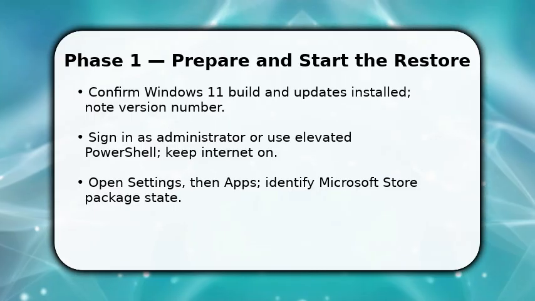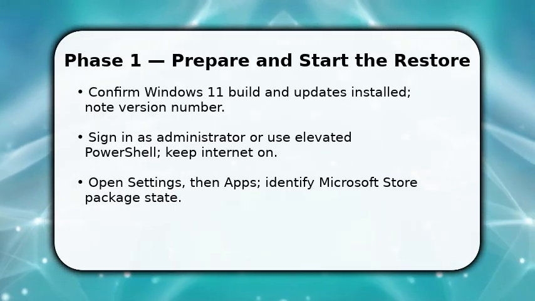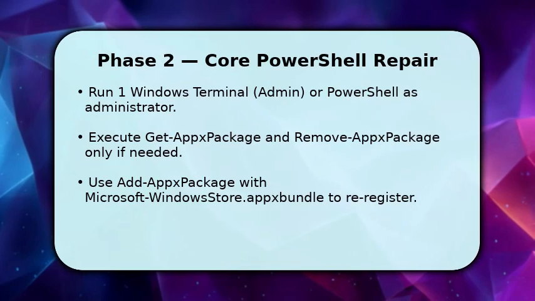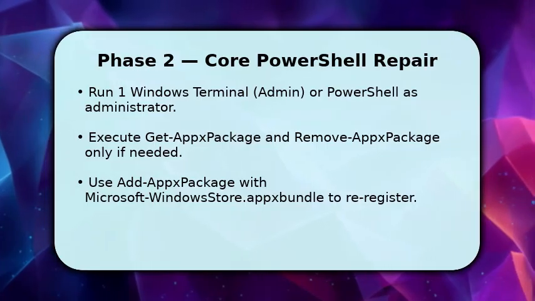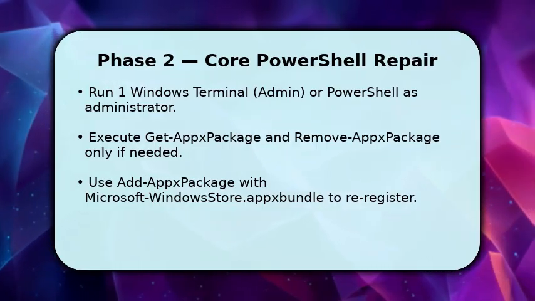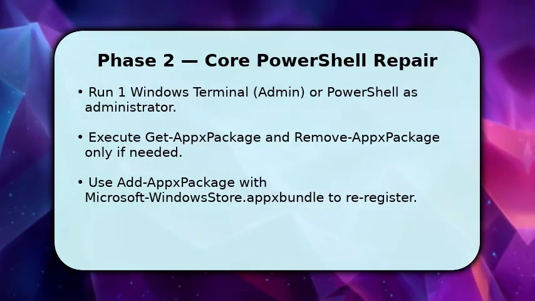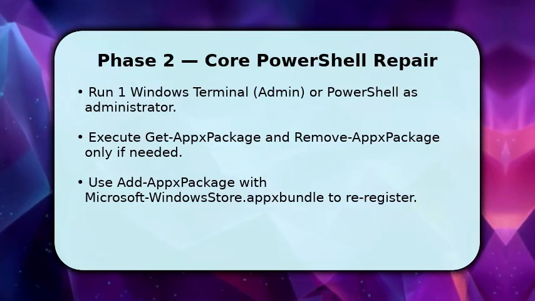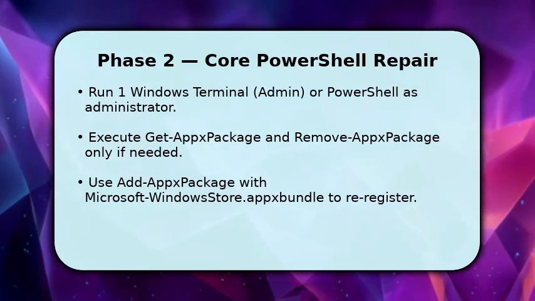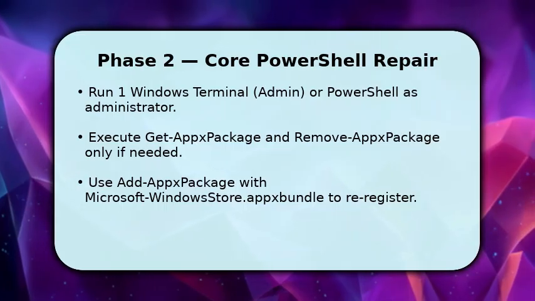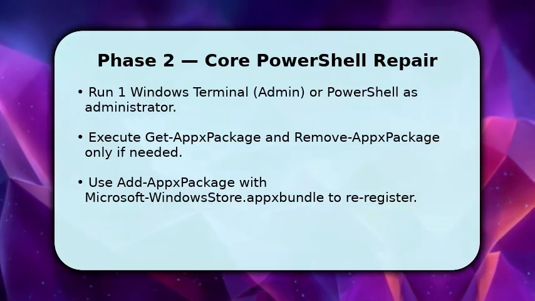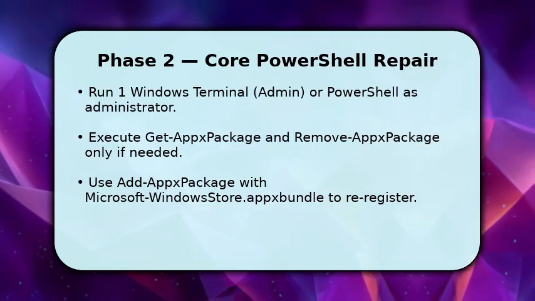Open Windows Terminal as administrator. Choose the PowerShell profile so commands run elevated. First, run Get-AppxPackage -AllUsers *WindowsStore* to inspect installed store packages and identify corrupt entries. If a package is clearly broken, remove it with Remove-AppxPackage for that package, but avoid removing unrelated system